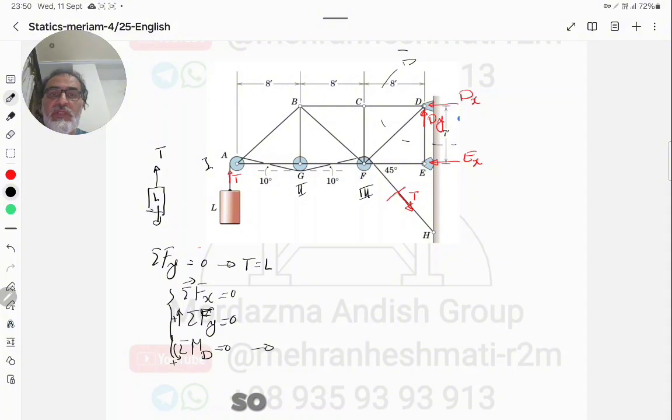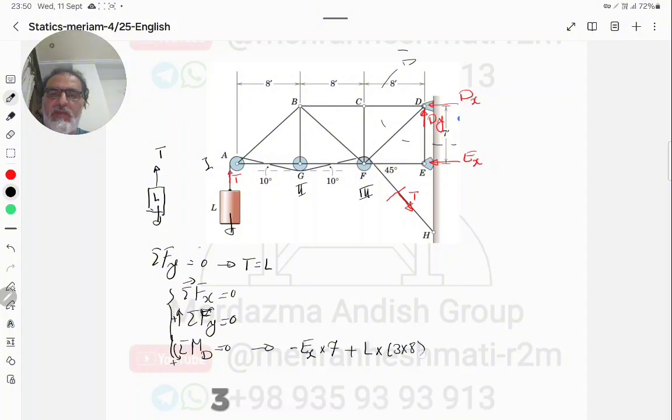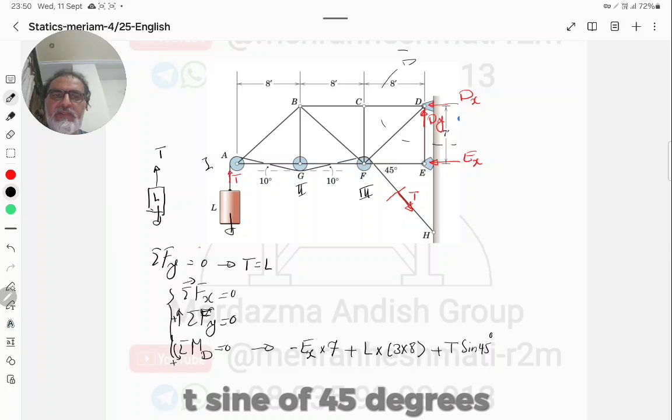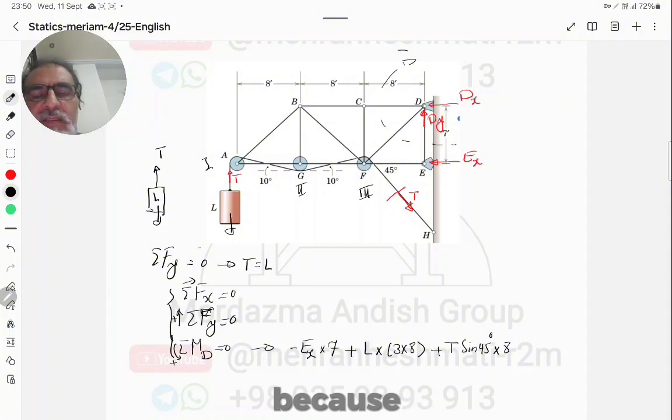the D. So I can write minus E of x multiply 7 and positive L multiply 3 multiply 8 and T sine of 45 degrees multiply 8, because